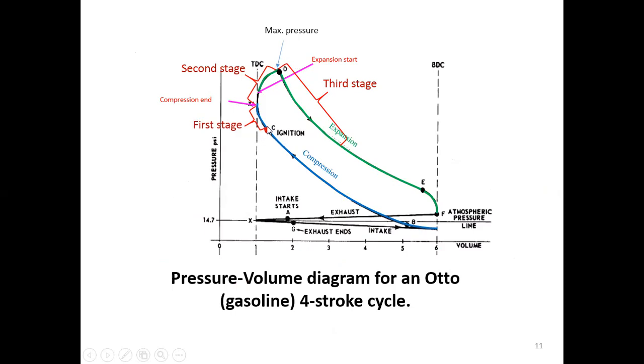Okay, and then it keeps going on until it's finished here, where the compression ends. We know it ends because it's already at the top dead center, the minimum volume. And then the second state happens. The pressure still keeps increasing until point D here, where maximum pressure happens. So the second state finishes here, and then the last state starts to happen, and it stops somewhere around here.